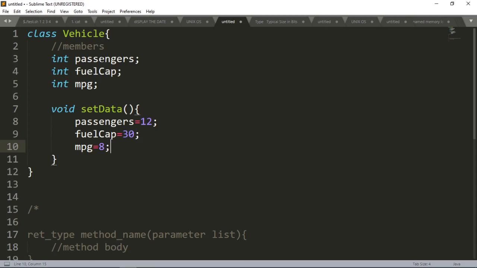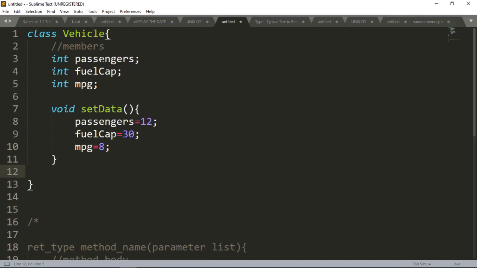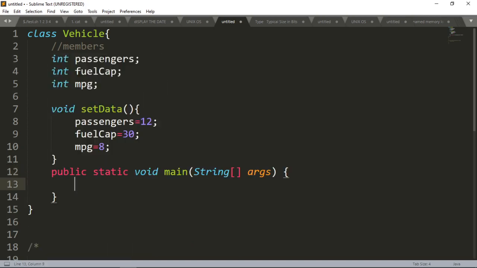Okay, so how can we use this method? To use that method we definitely need a main function first of all. So I have to write the main method, otherwise I cannot execute my program. Look here, it is helping me. I didn't write the whole thing, I just wrote main and hit enter, then it automatically helps me write the code. For that reason I use Sublime Text Editor and I didn't use Notepad. Notepad will not help me, but Sublime Text will help me write my code.